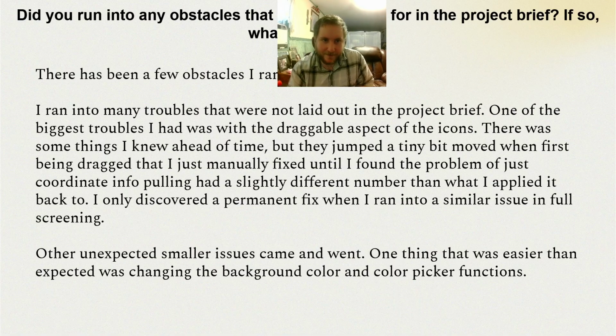So there's been a bunch of obstacles I ran into. Many were small, but one of the biggest troubles was just trying to drag the icons, and this went on for a while. Just whenever I clicked and dragged an icon, it would jut up to the left, and I couldn't figure it out for a while when I was first working on it, until later on when I ran into the same issue again